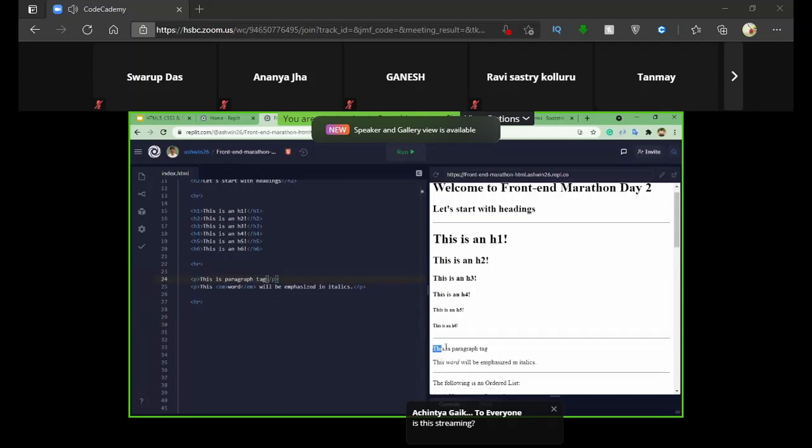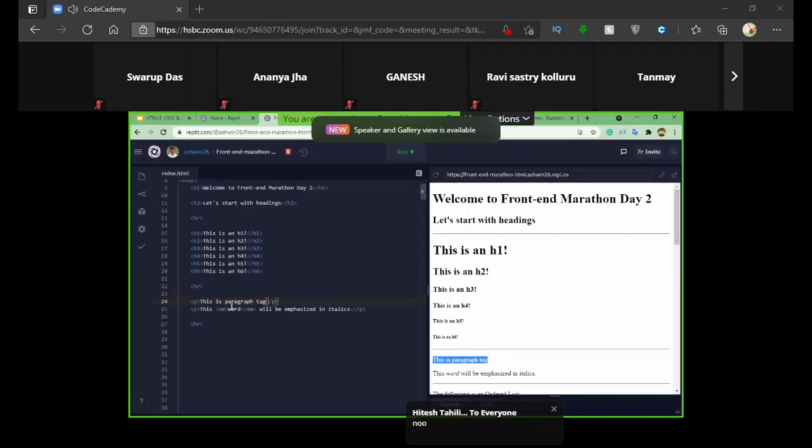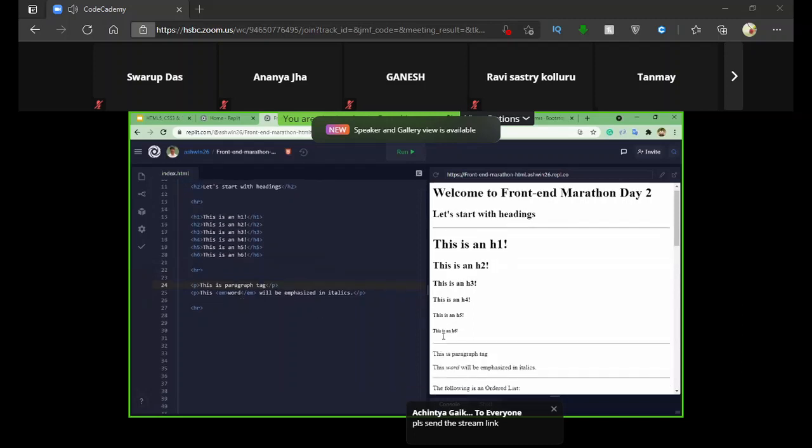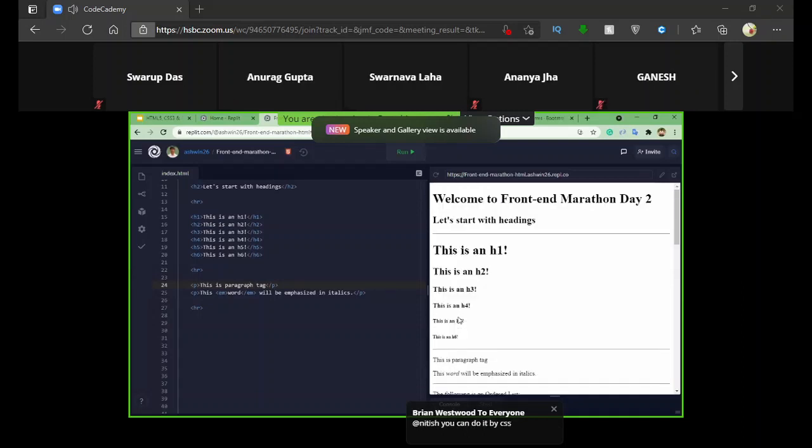So as you can see in the output over here as well, I have given a paragraph tag as the content for this p paragraph tag element. Okay. And now if you would like to provide some font text, we call it text decoration. Okay. So in this line, if you can see, this word is emphasized with italics, right? When we use Word documents, we give bold, italic, and underline to the text, right? So in HTML, we do it in a different way.